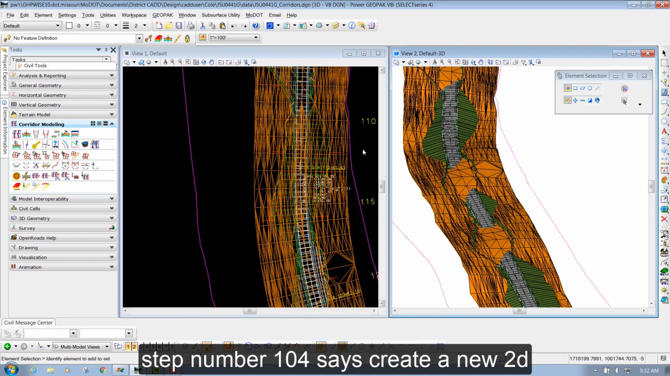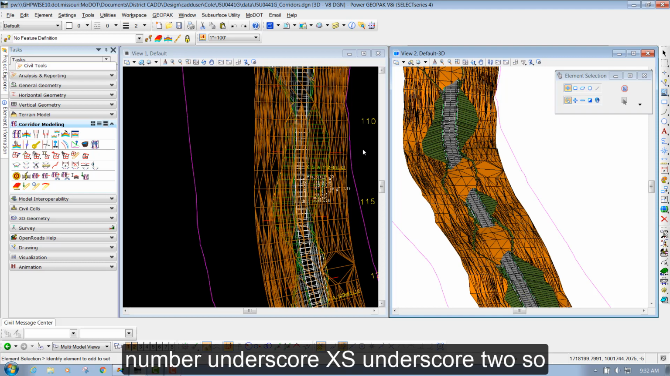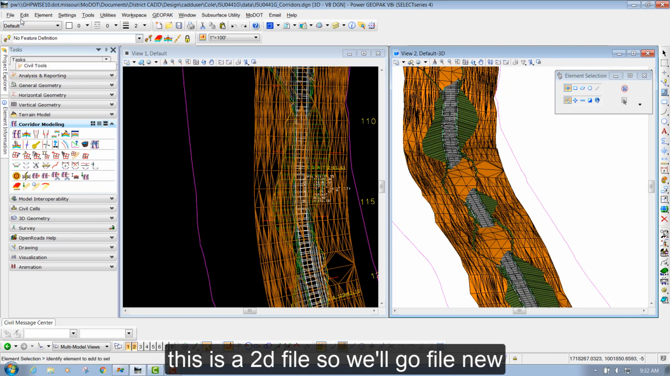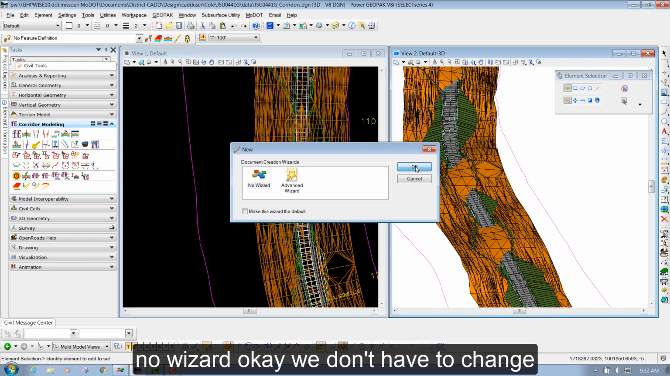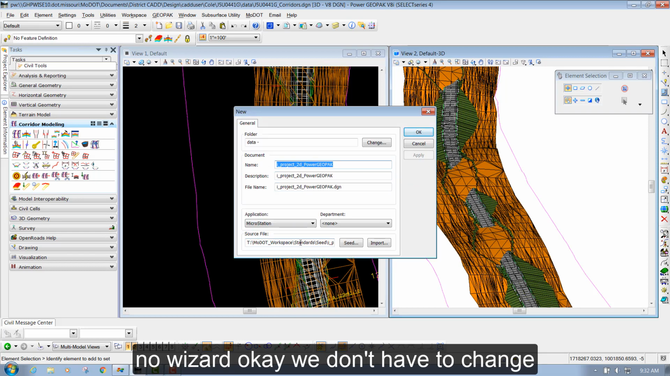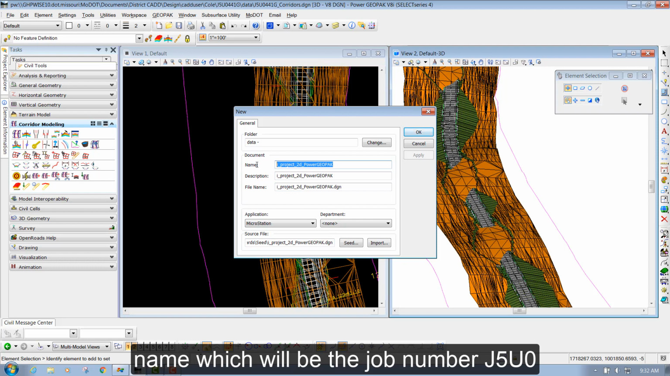Step number 104 says create a new 2D powered GEOPAK file and name it job number underscore XS underscore 2. So this is a 2D file. So we'll go File, New, no wizard, OK. We don't have to change our source file because it defaults to that project, iProject 2D Powered GEOPAK. So all we need to do is change the name, which will be the job number